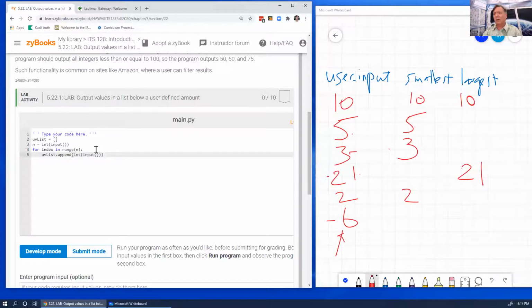I can do it this way, or I can do something else. How about user input equals this, and I'm going to append user input onto the list. Okay, great. When I'm done with that,